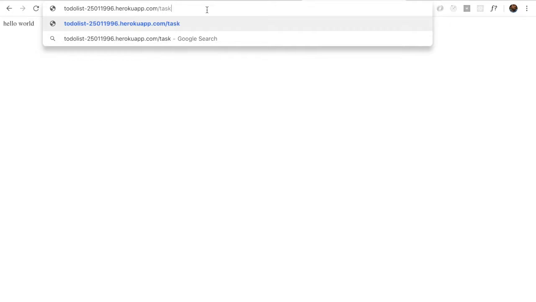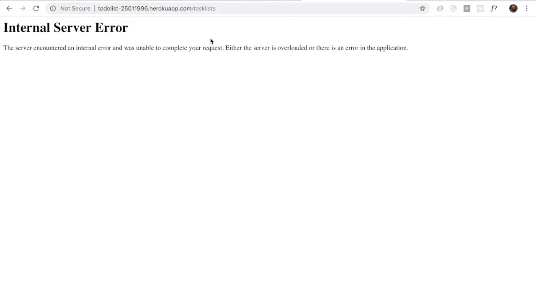You see that this hello world works. Another thing we can check is to query the task list. So /tasklists, we press enter and we get an internal server error. So I really wanted us to run into this internal server error because I wanted to show you how to